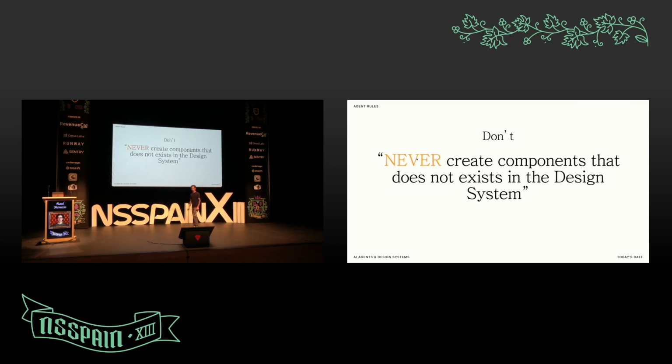Never create components that do not exist in the design system. That's actually my golden rule, and that's why it's in capital letters. There will be a lot of cases where you're working with screens and the component does not exist, and your agent needs to understand, what do I do here? Is this a reusable component? Should I create a component locally or not? The golden rule is, don't create, because most of the time these components might not be validated by a bigger group, and it just needed to be created locally because it's a very small component.